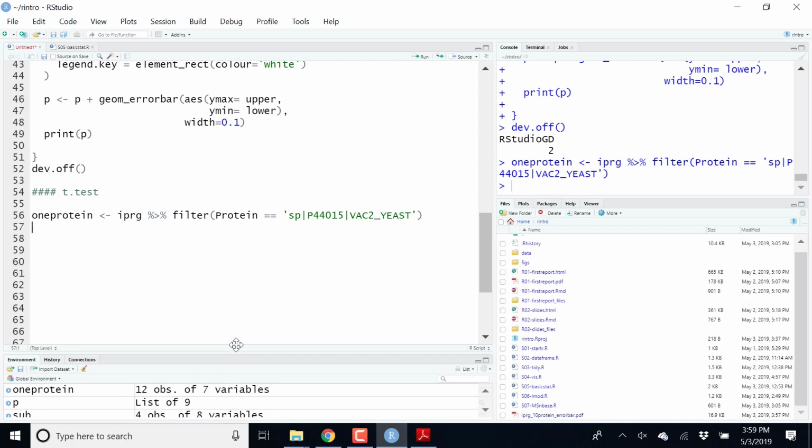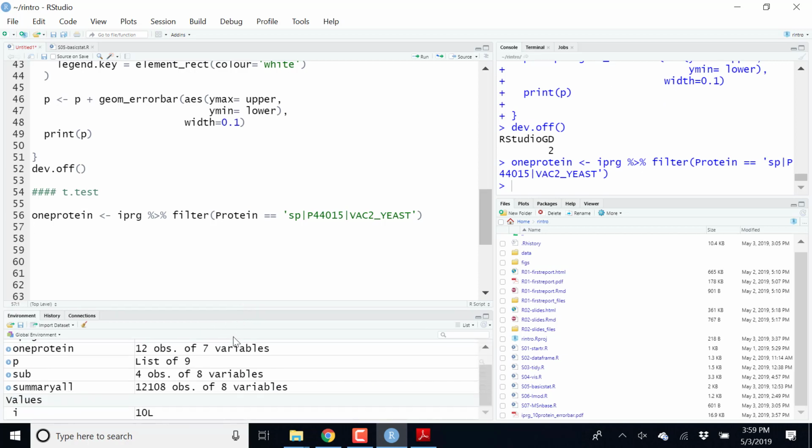So then here you can see the one protein have 12 values, which include the 4 different conditions. T-test only works for 2 conditions. If they have 4 conditions, definitely we have to use some different model, ANOVA model or something else. But here we are focused on t-test, which means we need only 2 conditions. So I will get a subset for condition 1 and condition 2, and then here just I can add